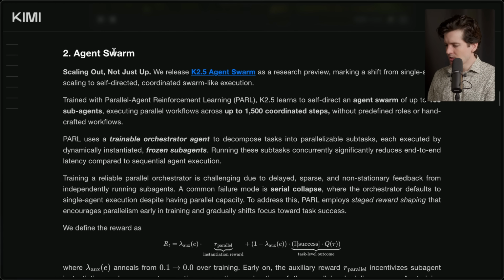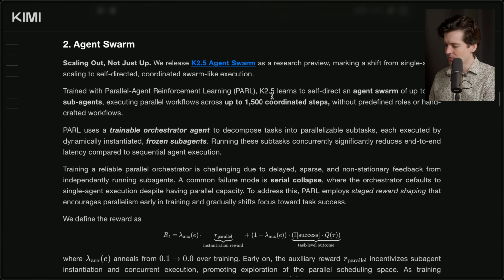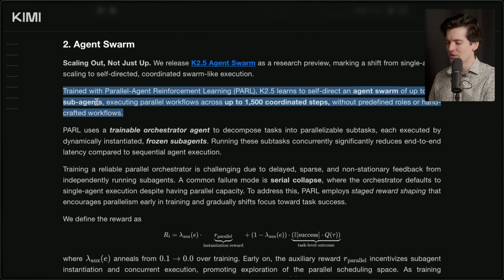They have a bunch of details about Swarm here, which is really cool too. As they said before, 100 sub-agents executing parallel workflows across up to 1,500 coordinated steps without predefined roles or handcrafted workflows. So none of this defining your own sub-agents in a config somewhere. Still really cool though. I'd argue cooler that you don't have to deal with all that. It just figures out who the sub-agents, so to speak, should be,